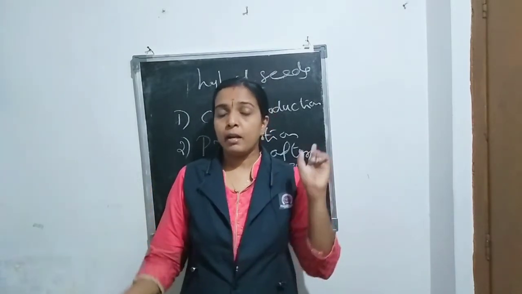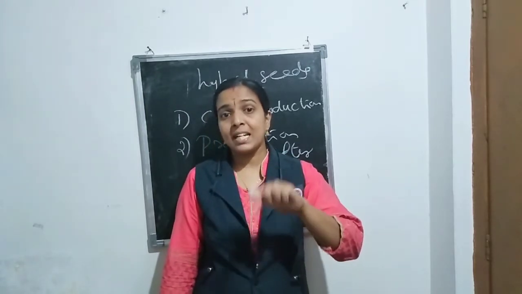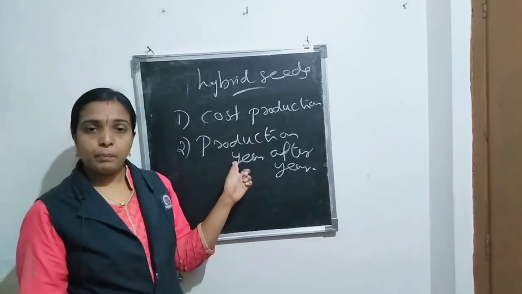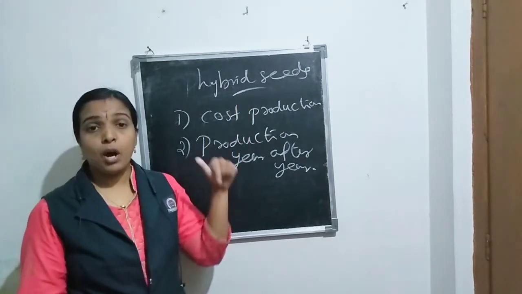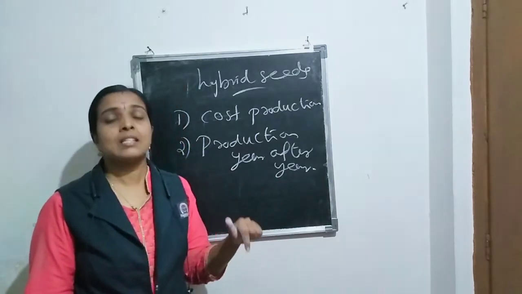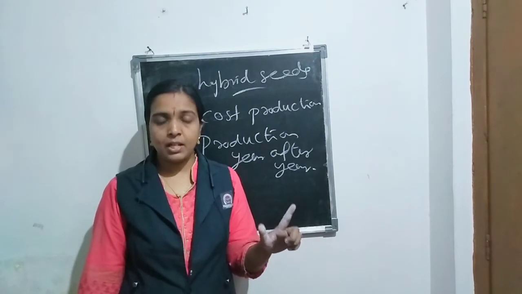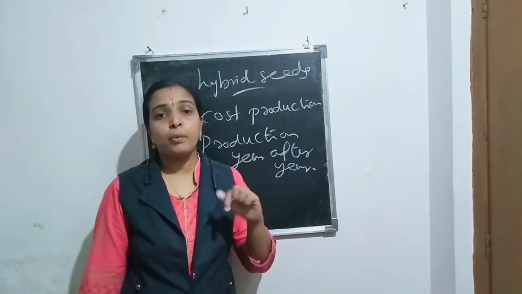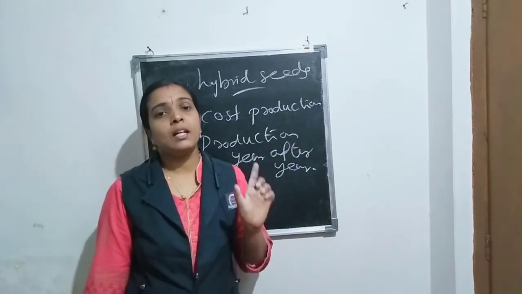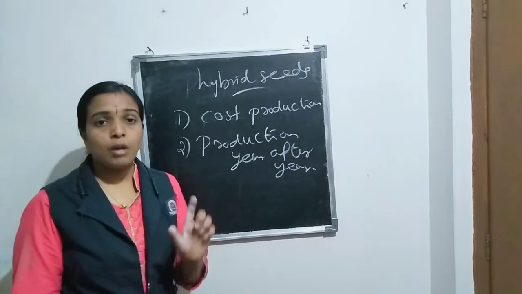How can we solve the problem of hybrid seeds? Hybrid seeds are made into apomictic seed. But what are the advantages? Such seeds do not show character segregation, and also we don't need to produce them year after year. Farmers can keep on using such seeds. Thus we can solve the problem.